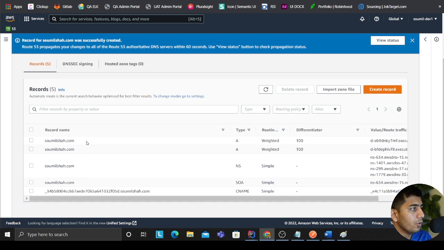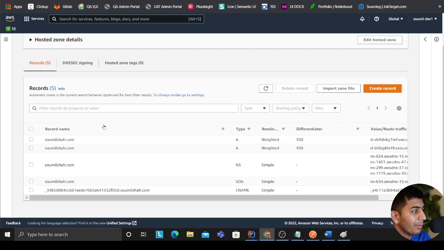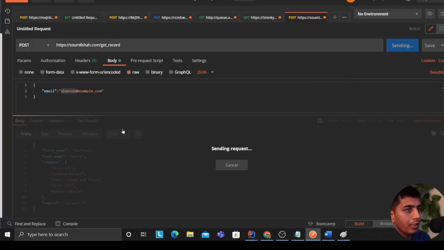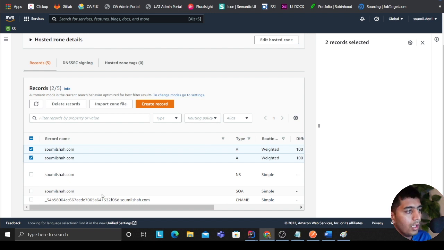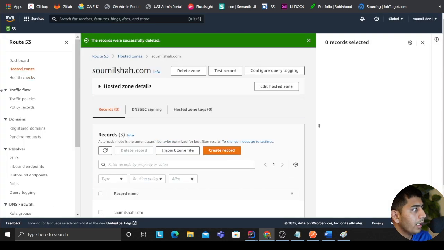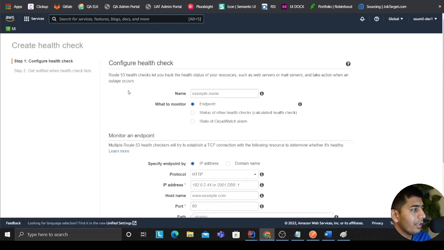So now if you had to plan to do a failover model, things are similar, I would say. So what we can do is, first of all, we'll delete these A-type records. By the way, we can verify. Okay, so if I come hit the domain, it's hitting my Dynamo global. Now in order to delete, first we delete the record here. All right, so in order to do a failover model, we need to head over to health check, create health check. This is tricky because